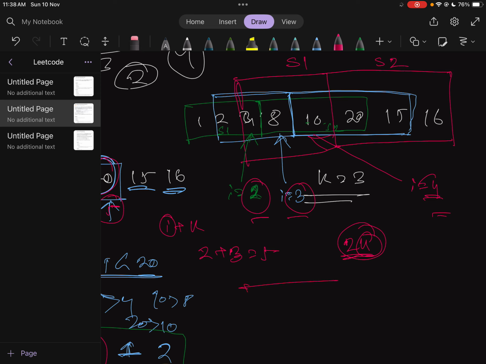So what will be the ending of the first sub-array? It will be k minus 1, starting at k minus 1. You can check the k value is 3. 3 minus 1 is 2. Correct. Now I also need the second sub-array to have length k. So how far can it go? It can go up to where the next part also has three elements, k equal to 3. You can check there are 3 elements. So I can go up to here. This is the ending of the first sub-array and this is the second sub-array.